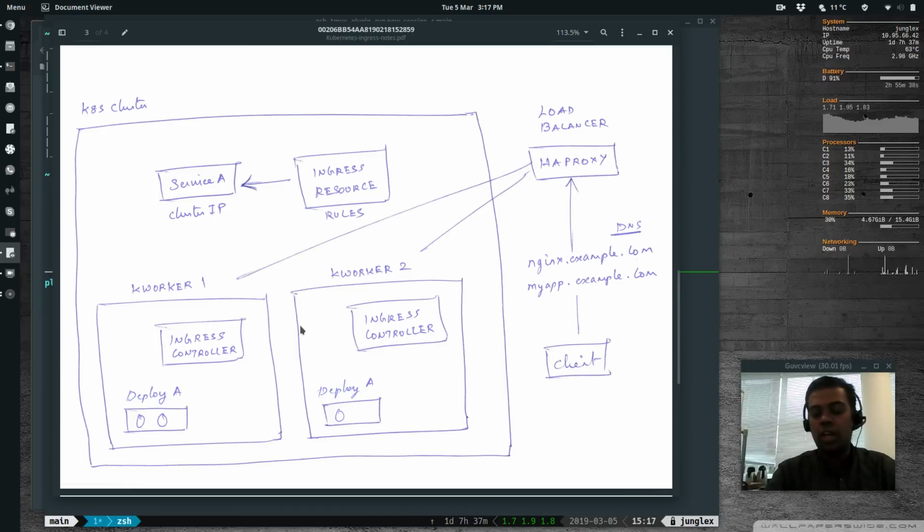It can take you to any of the worker nodes. So the end user only needs to know the name of the application, the URL of the application. For example, nginx.example.com, myapp.example.com, and so on. And in your DNS server, you would have made entries for these URLs pointing to the IP address of the